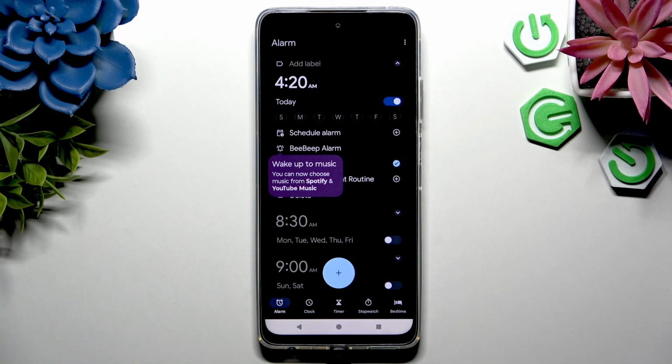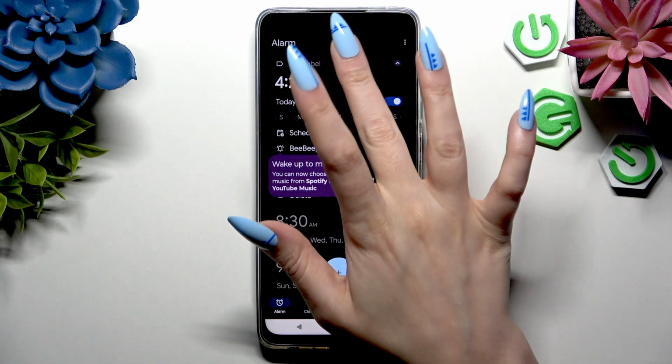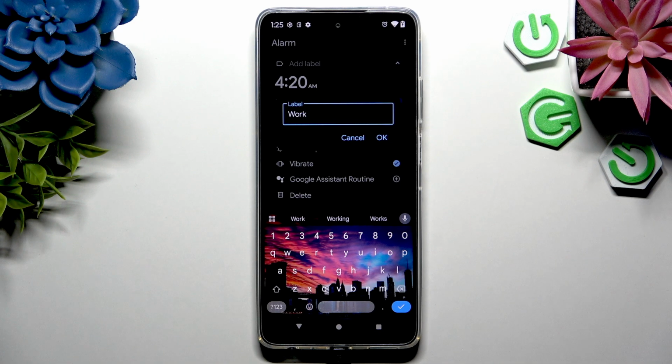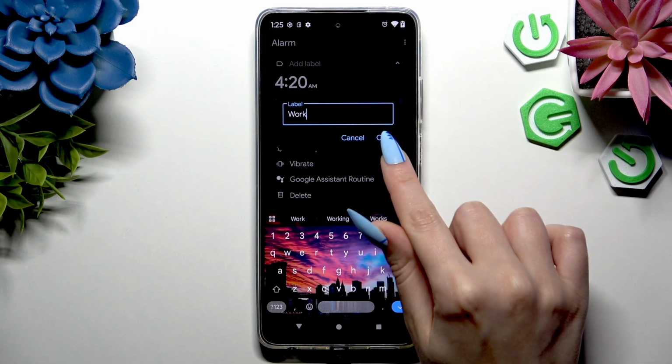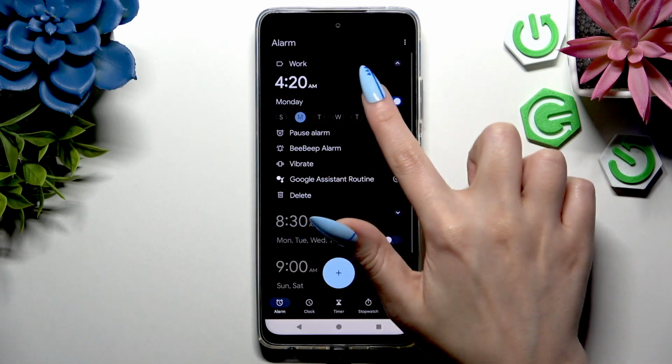Now to edit it, begin by clicking on Add Label at the top. Type in whatever you want to, and hit OK to save its new name. Tap on Days of the Week